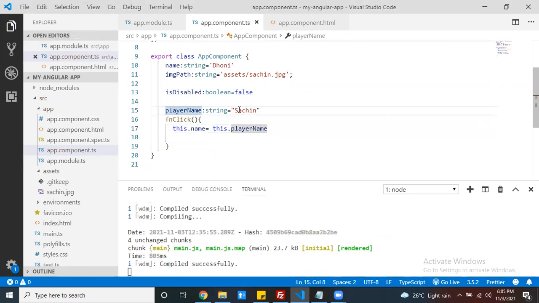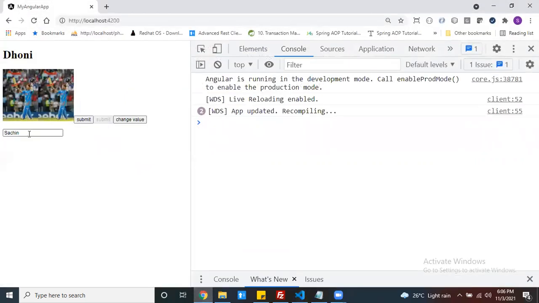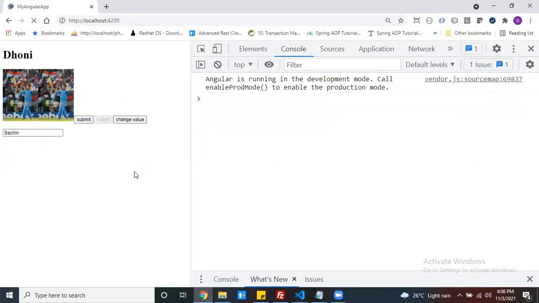First of all, my playerName is Sachin. That means you are binding the value from my component to view. So inside my view, the first time my input contains Sachin. This is the proof. First time my value contains Sachin. Now, if you make any changes here,